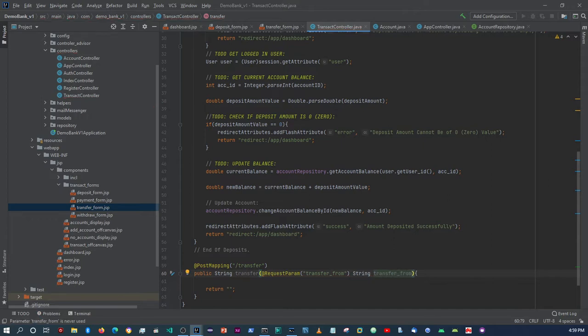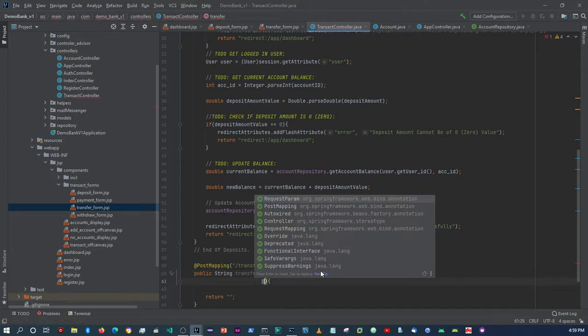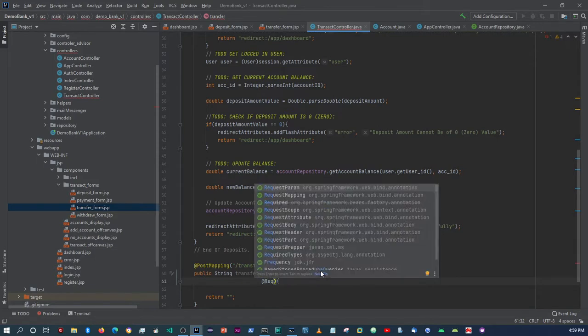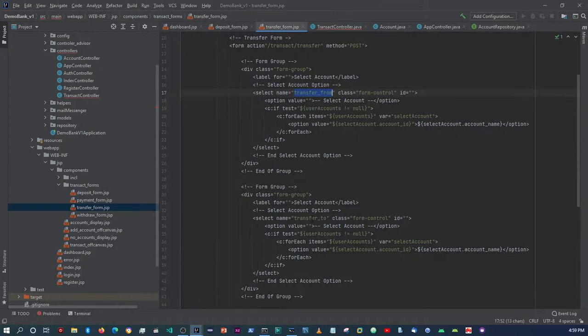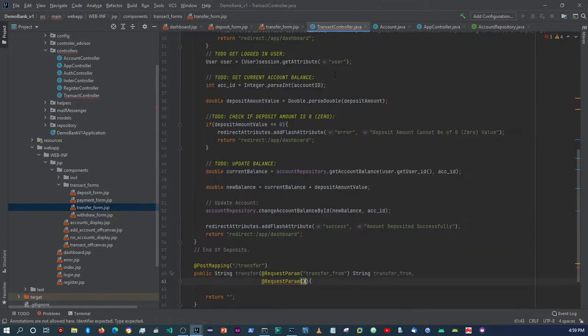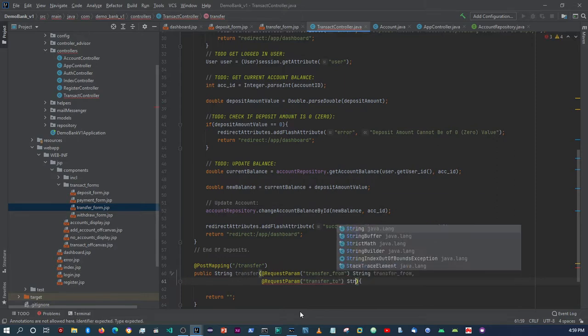Okay, and then again we're gonna say request param, and then again we're gonna get that input where we say transfer to. And again we say String